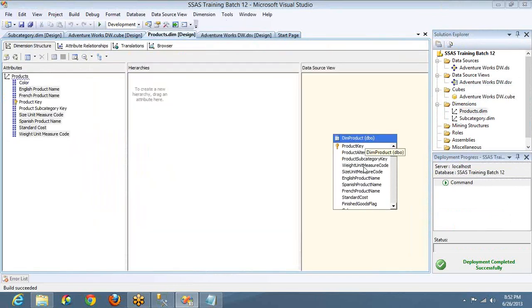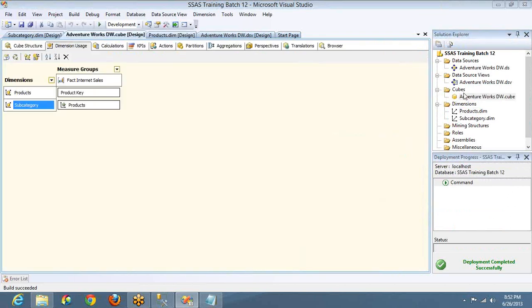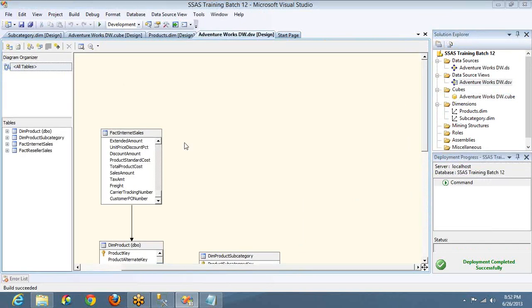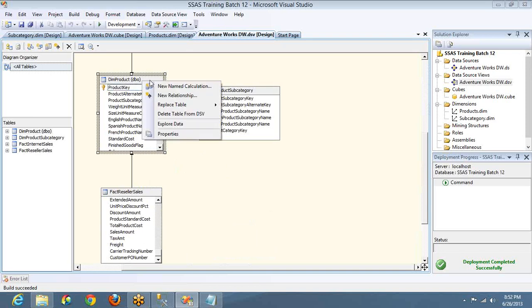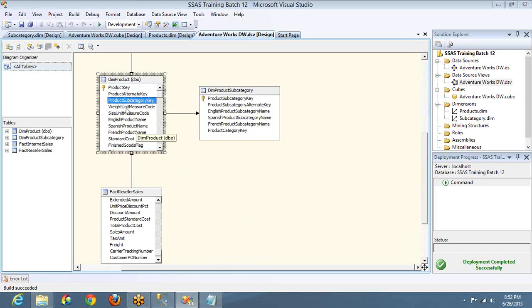For example, this is the products table, and from the product table I'm using French, English or some attributes in the dimension, right? Now let's say I remove any one column that is used in the dimension. I want to remove English product name to demonstrate the syntax errors.